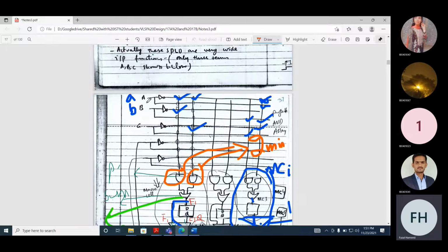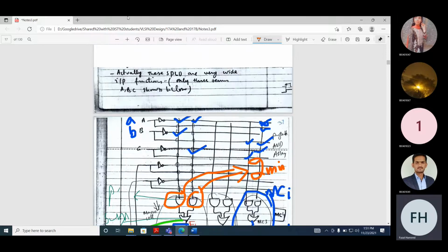So this macro cell has three inputs, and this one macro cell can implement a combinational or sequential function of maximum 2 minterms, but it can implement a combinational and sequential function of three inputs only. It cannot implement a combinational or sequential function of more than three inputs, because what are the inputs in this particular example? A, B and C.